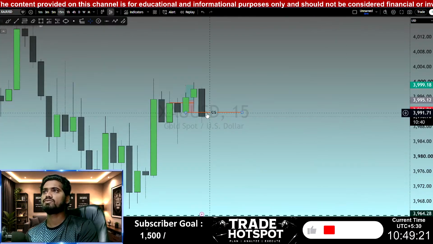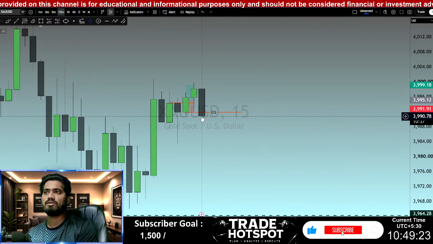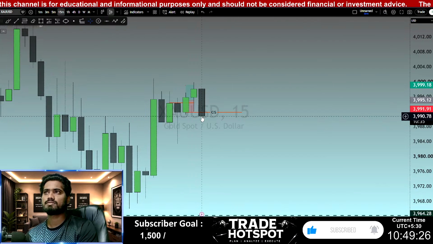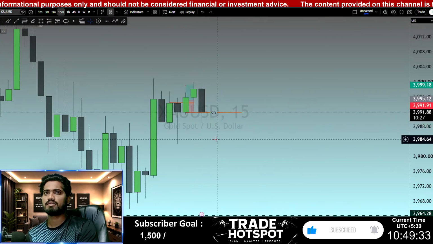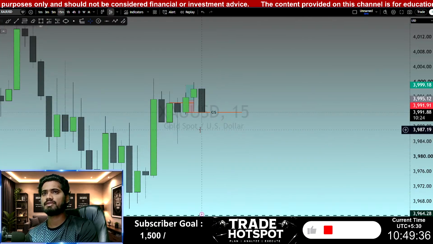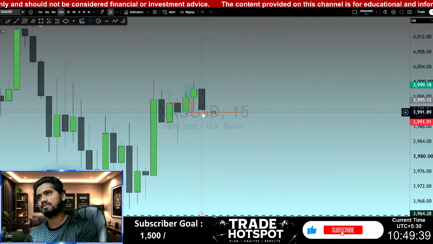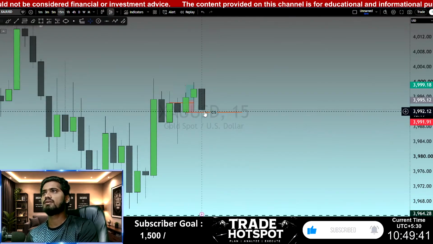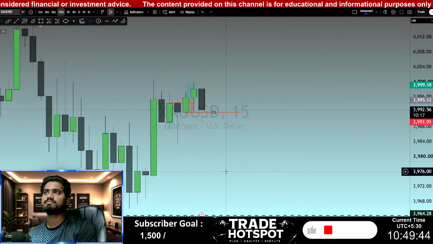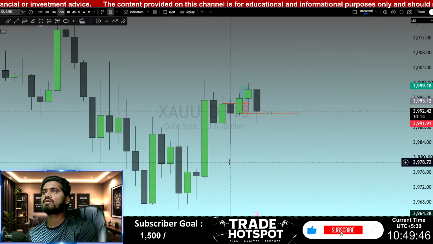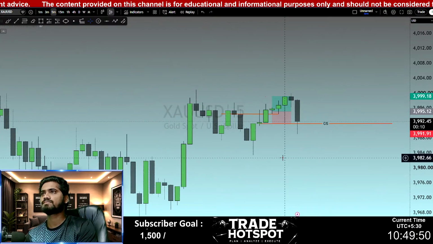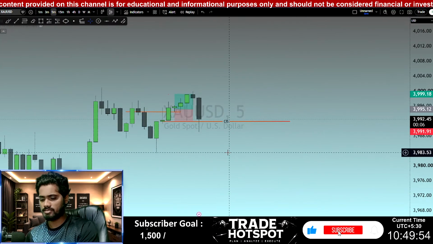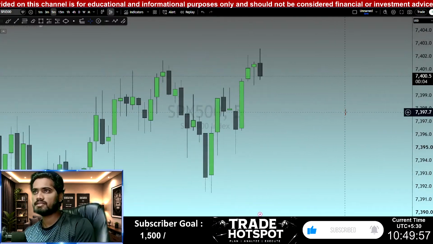Right? So here the 10:45 candle started, so at 11 p.m., after 10 minutes, this candle is going to close, and after that we will get the confirmation whether it will be a changing state or not. Okay, so we have to wait here in gold right now for a strong confirmation, right guys? Till then we can check out